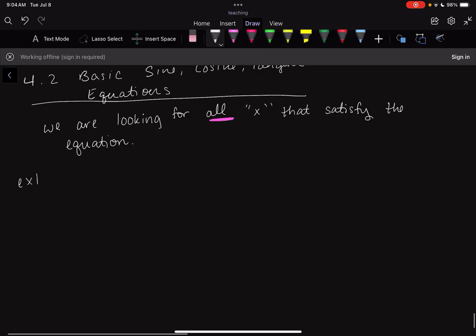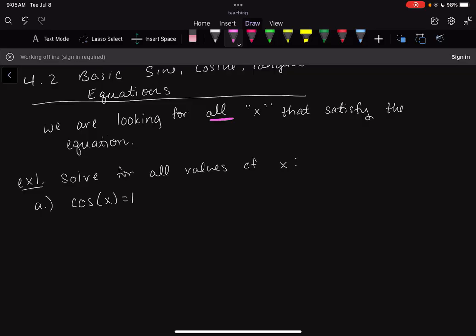So example 1, I'm just going to say solve for all values of, in this case, I'll just use x as my variable. So for part A, let's look at cosine x equals 1. So we're trying to find every single x value that we could plug in that would make cosine equal to 1. So if I go back to my unit circle,